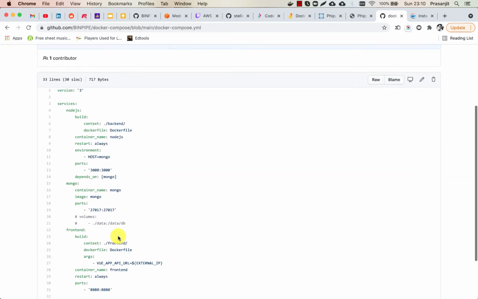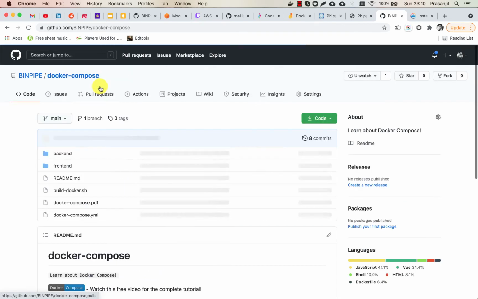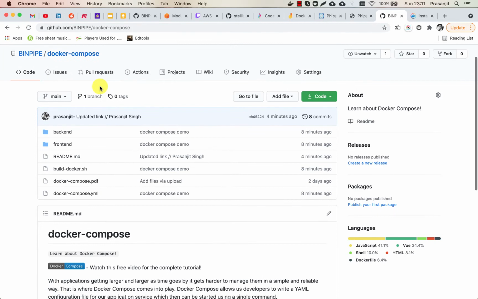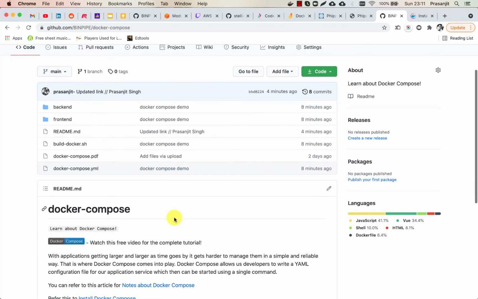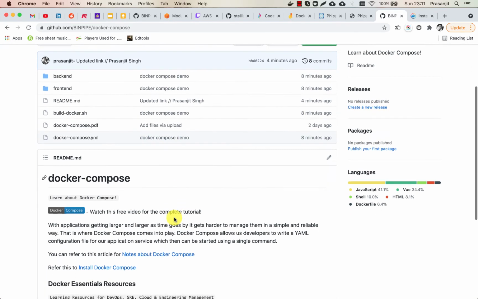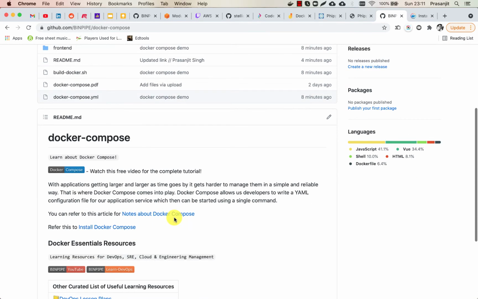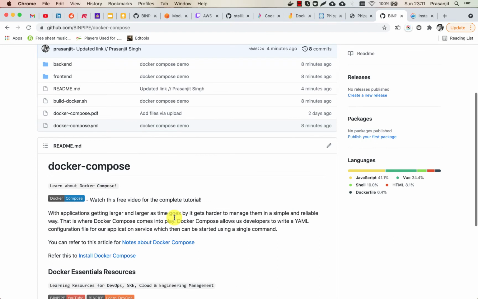Okay, so how are we going to use that, and what are the nitty-gritties? That is what we are going to discuss. So you'll have to check this out. I'll show you how. But still, those who haven't been able to install Docker Compose, I'm reiterating again that